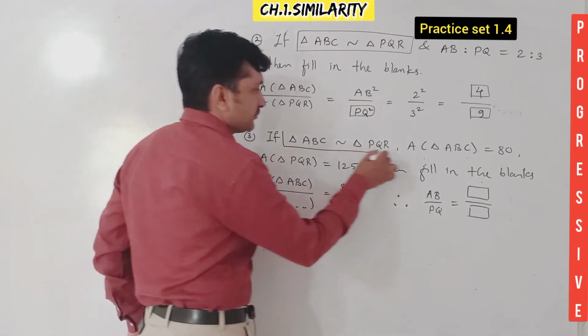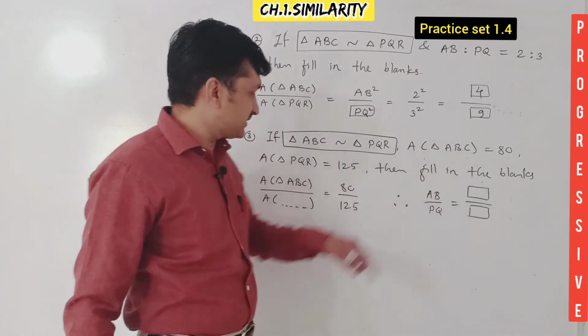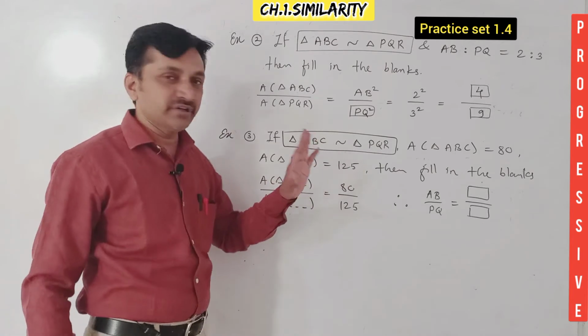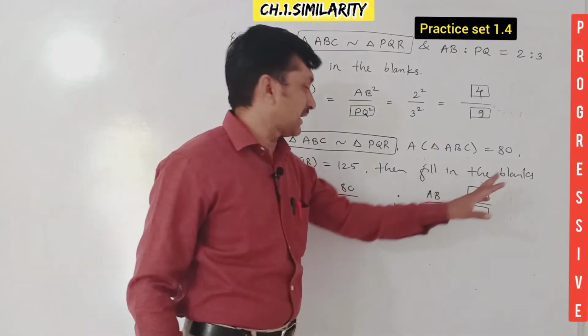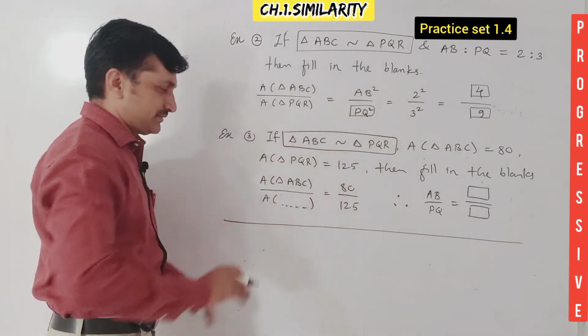Here two triangles are given similar again. ABC and PQR are similar. Area of ABC is 80, it is given. Area of PQR is 125, it is also given. And then fill in the blanks. But the blanks here are incomplete. Now here you see,